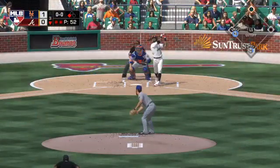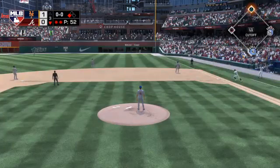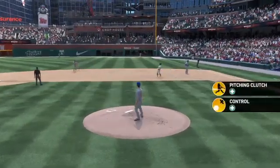He's ready. Here's the first offering. High and deep to straightaway right. Ballard ranging back. And he makes a nice catch on the...